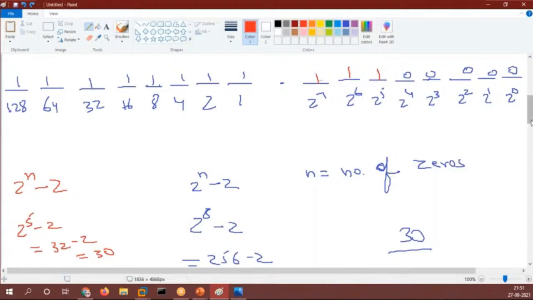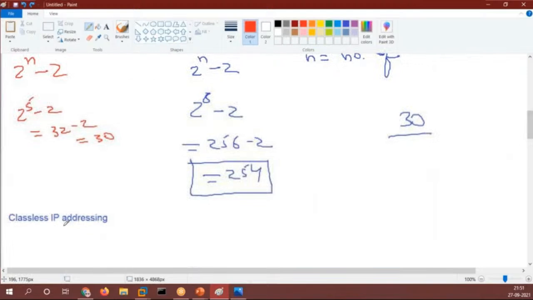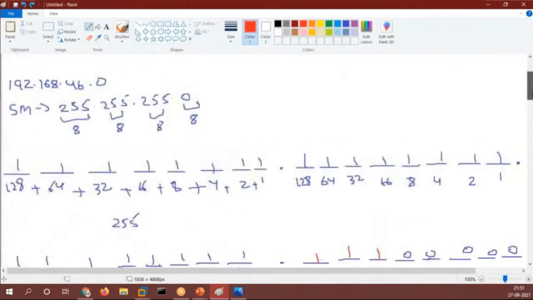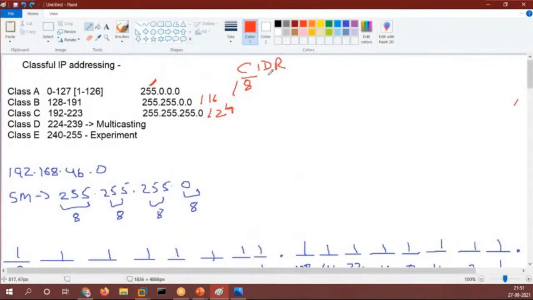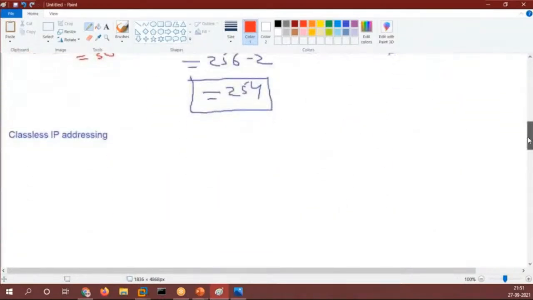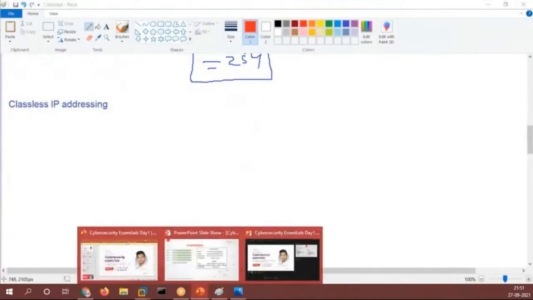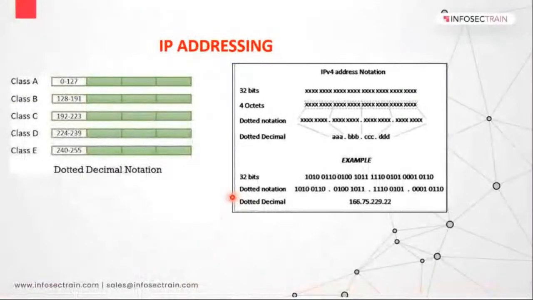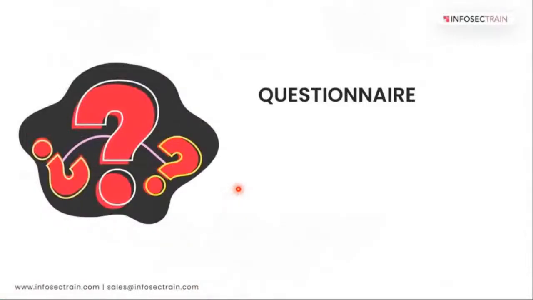So that's why we moved toward classless IP addressing, where you were able to change the subnet mask. Clear everyone? Okay. So this was about your classless IP address, right?